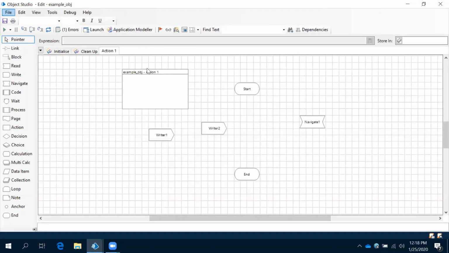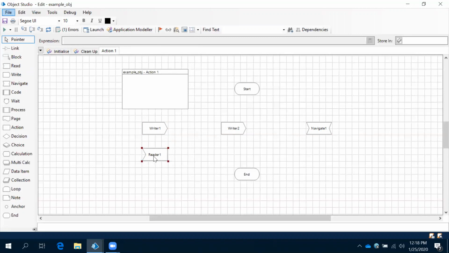But if you want to launch, if you want to open, then you need to click on the launch button. Launch the application here. That is the purpose of the application modeler, and then launch in your Blue Prism. And then write, to write any information inside the application, and then navigate. We will use it most of the time for mouse click activities, and some other options we will also discuss. And then this one, read.